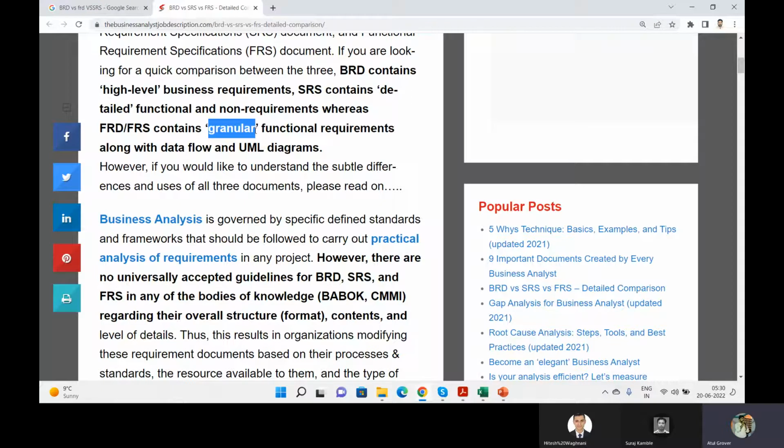In the login page, that is my business requirement. Then in SRS, I put in that login page, what are the main functions I need. And then in FRD or FRS, I put more granular level: what is the name of that particular field in that particular page, what are the validations I need to put on that particular page? Okay, so these are the three different